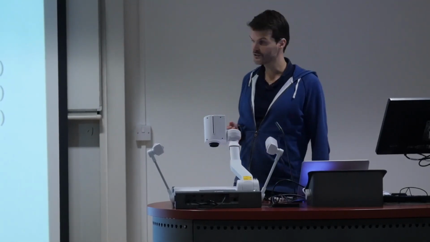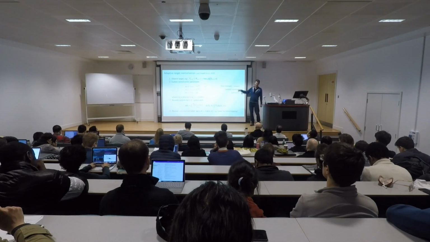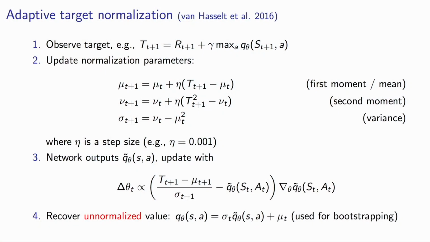So a proposed solution here is to adaptively normalize the updates. And the specific algorithm here is fairly simple, I would say. It has a more complex component maybe at the next step. Also not that hard, but I thought I'd walk through it explicitly. It's more general than the reinforcement learning setting, but of course applied here in the reinforcement learning setting. But maybe it's more generically applicable to regression in general. So we'll just consider a target, which I'll call T. And T, for instance, could just be your one-step Q-learning bootstrapped return.